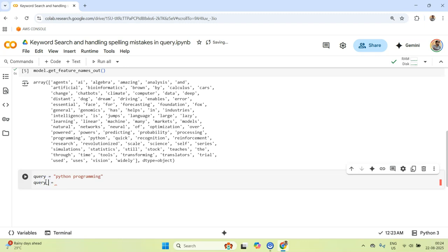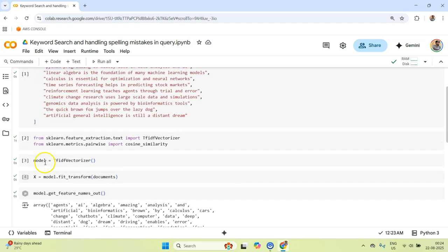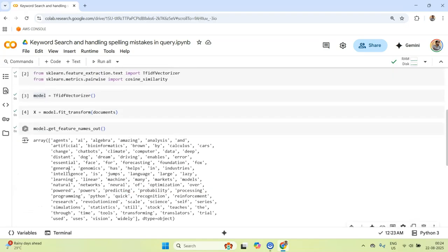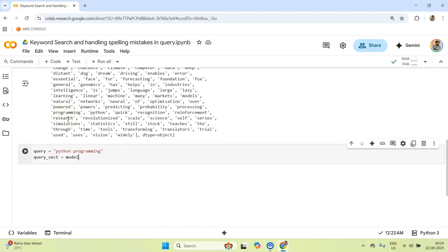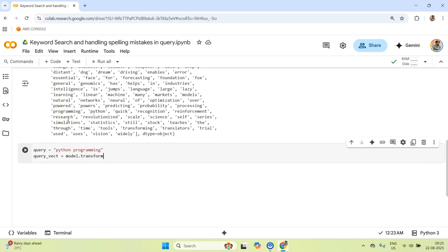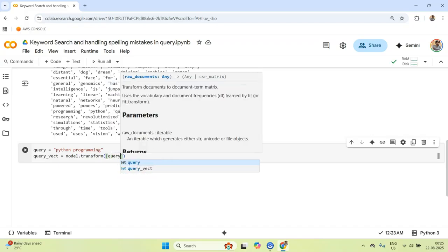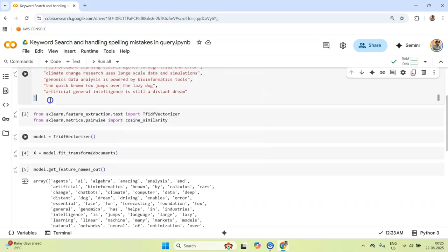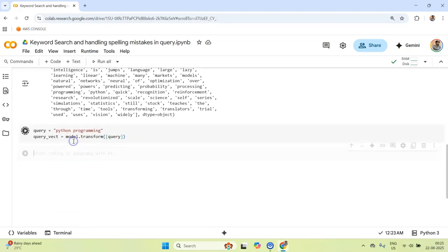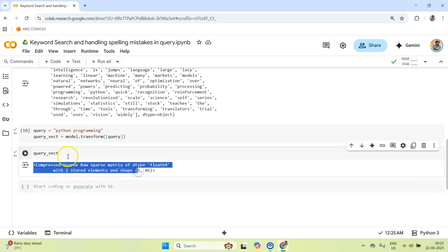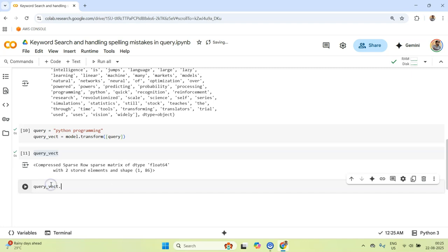basically transform this query into a vector representation. How can I do that? I can take my same model which I trained on my training data, or rather I should say trained on my documents, and I'll do transform. And this time I'm only doing transform because I've already fitted the model on the documents. Okay, so if I run this, now I will have a query vector, and again this is also going to be a compressed vector, but we can see its